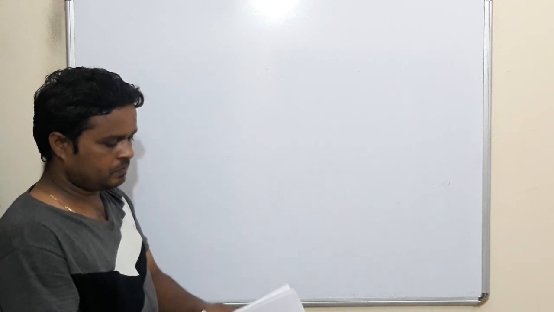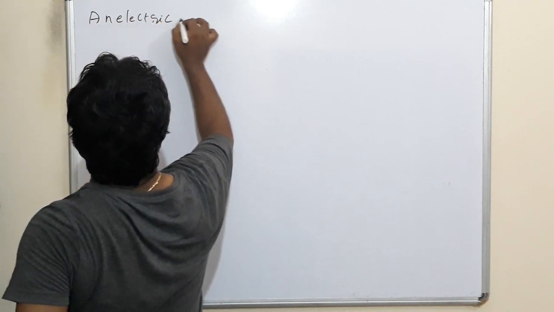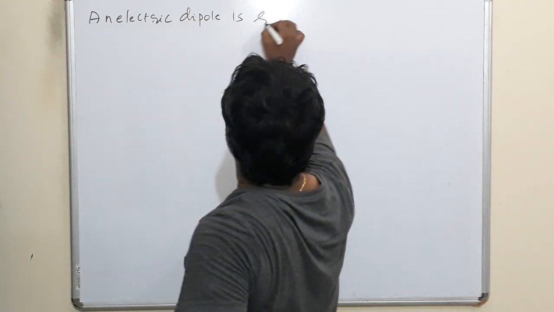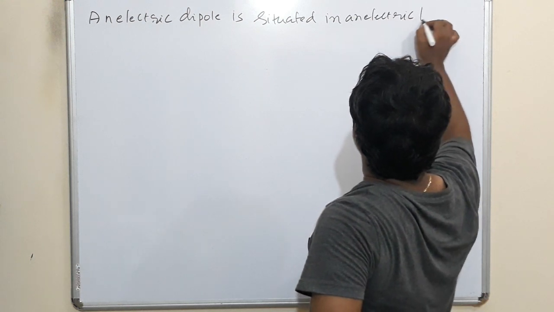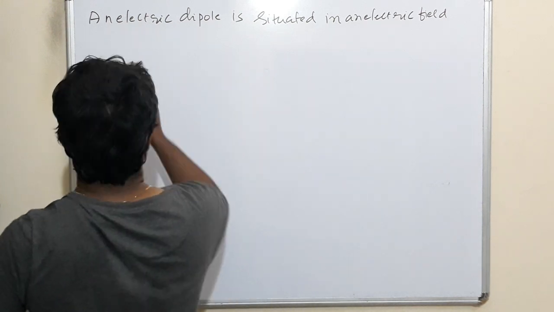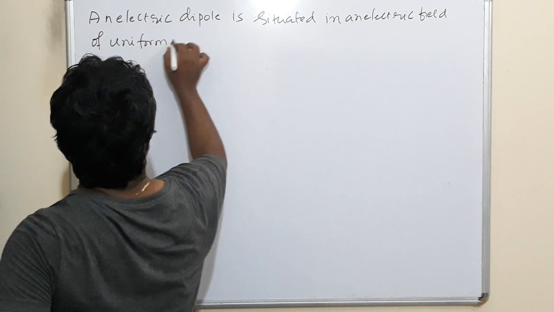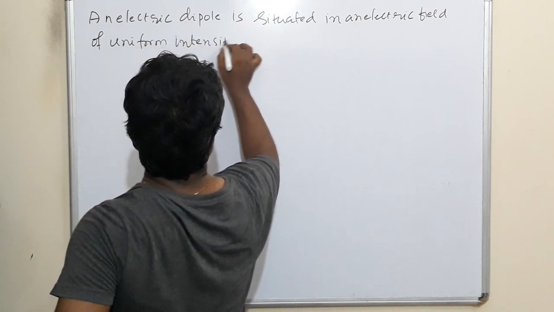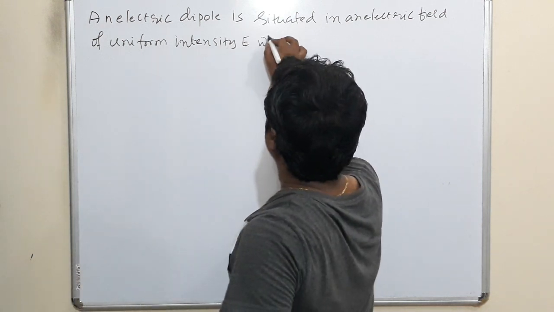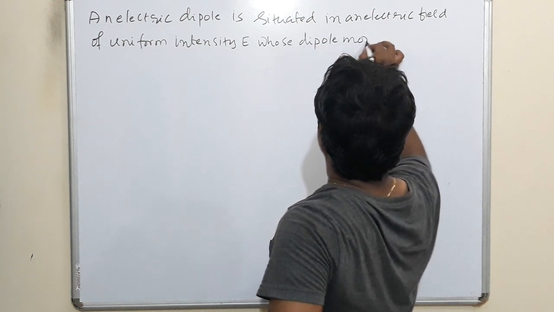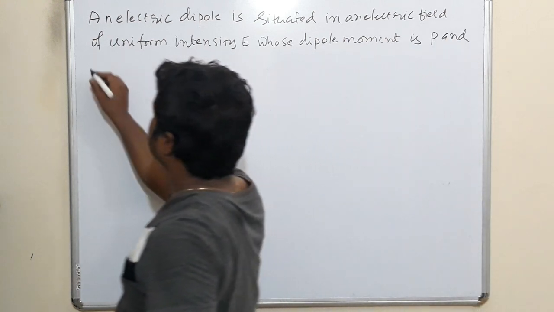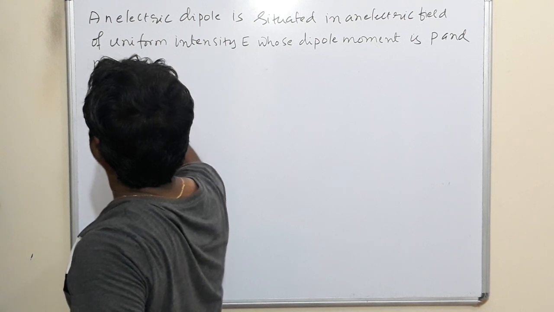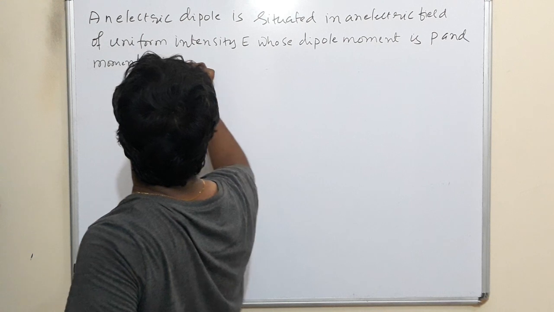We will see this example. An electric dipole is situated in an electric field of uniform strength or uniform intensity E, whose dipole moment is P and moment of inertia is